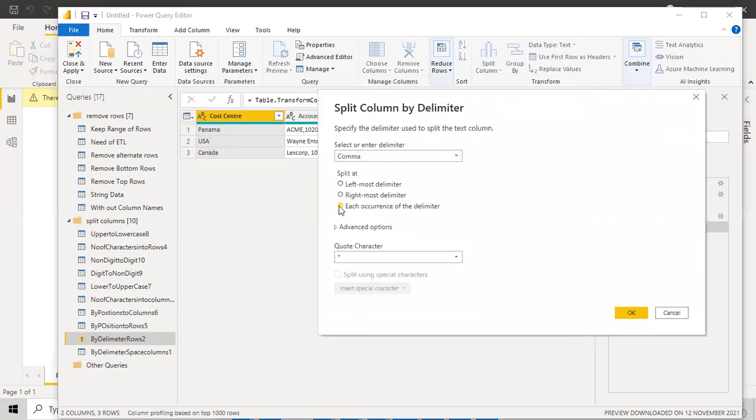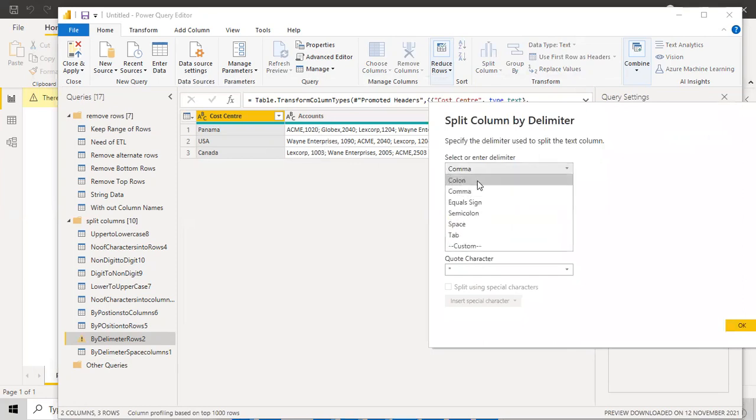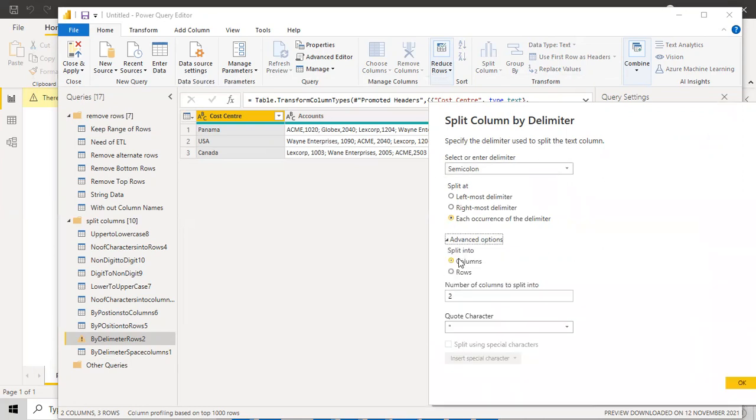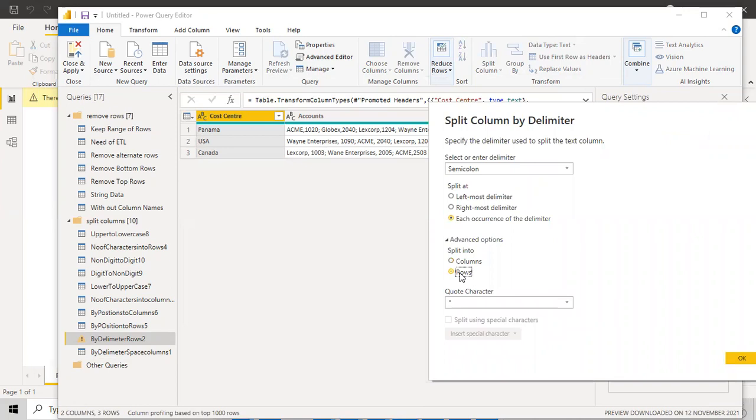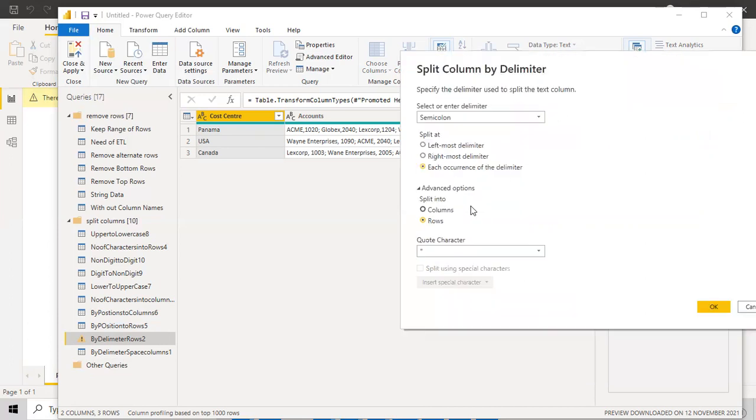Using a delimiter, for each occurrence of, not the comma, the semicolon is there. Go with semicolon, the one after 1020, you can see that. Then I'll go with rows. If I'm going too fast, you can pause me. I just want to make it in one session, that's why I'm going at a pace. If you want me to go slow, definitely I'll go slow. Is this okay? Yes, it's okay for me. Then I'll go with the rows.